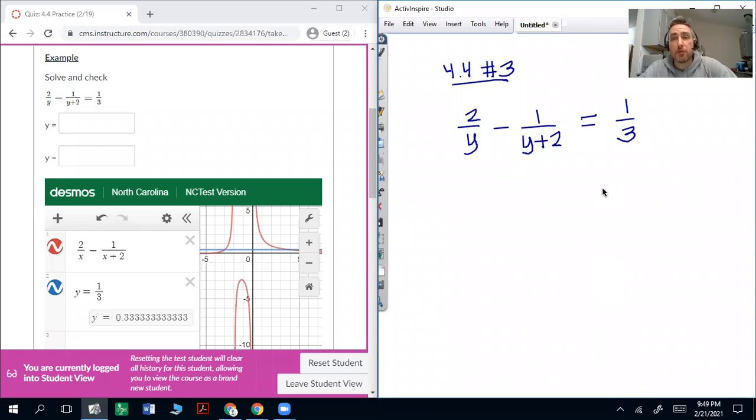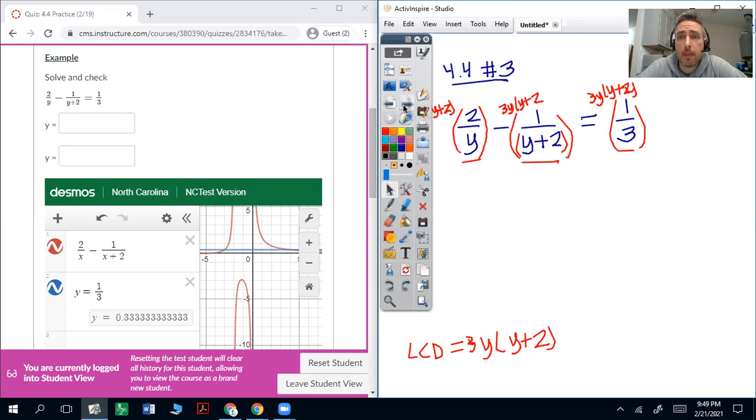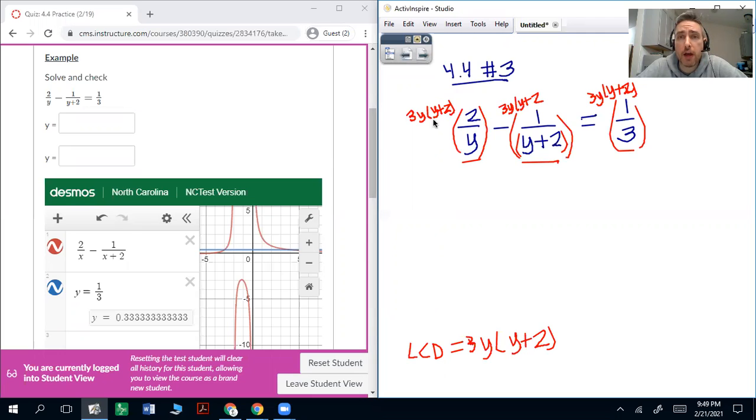Okay, 4.4 number 3. It's a little more involved. We have 2 over y minus 1 over y plus 2 equals 1/3. First, your LCD: you have the 3, the y, and the y plus 2. We're going to write that out. Multiply all your fractions by 3y(y plus 2). We'll cancel out, in this case, the y's, in this case, the y plus 2's, and in this case, the 3's. And so you have 3 times 2 times (y plus 2) here,